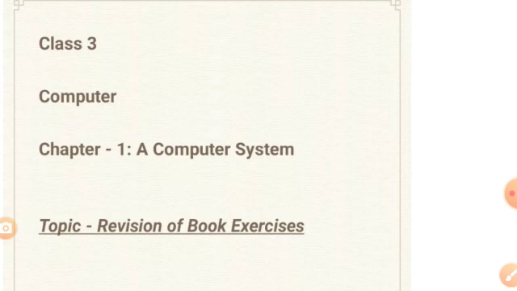So, in this chapter, we learned that a computer system is a useful electronic machine. It is used everywhere, and we can draw pictures, write letters, listen to music, store information, do calculation, and so many other tasks very fast, and at the same time do all these activities at the same time.